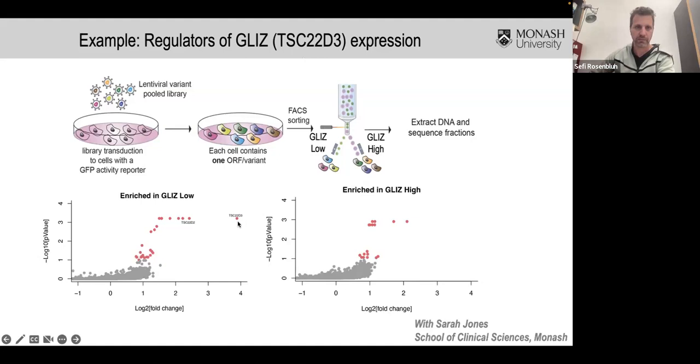Just to maintain confidentiality, I didn't add any gene names here because this is not published yet. So I just put in our controls to show you that this works. You can see here, in this portion of cells that have low GLITz, our top hits are, as you would expect, the actual gene of interest and its binding partner. So it was nice to see that they are the top genes that score, which shows you that the screen works. And obviously they found other genes of interest that they're validating and working on right now.